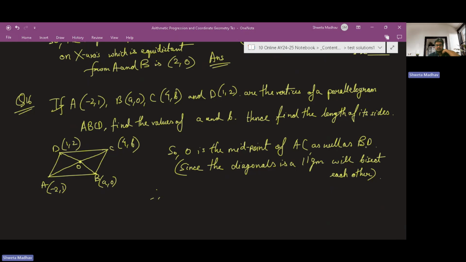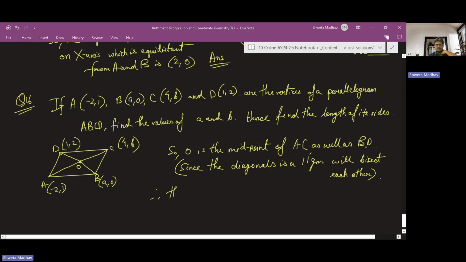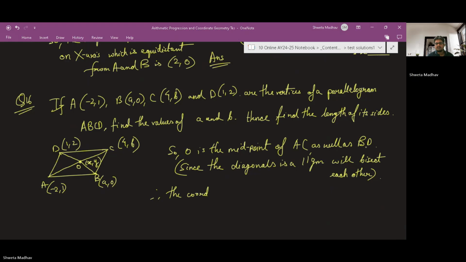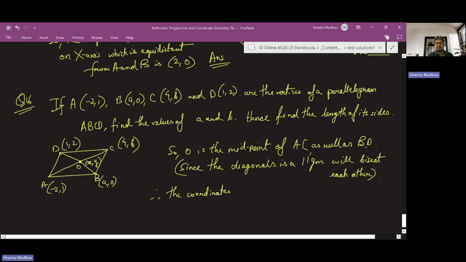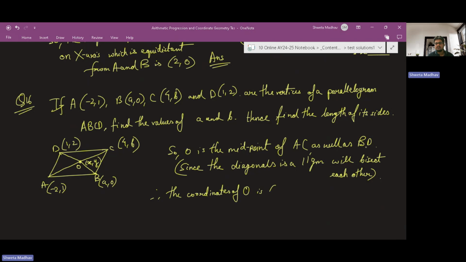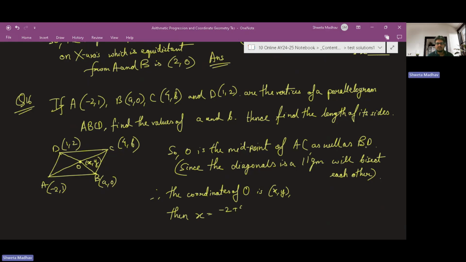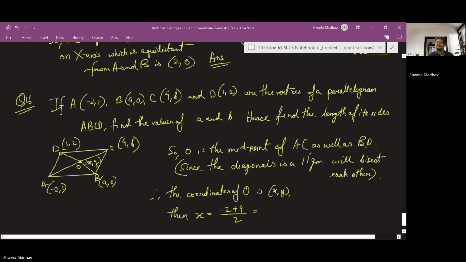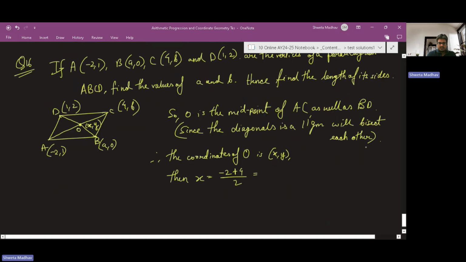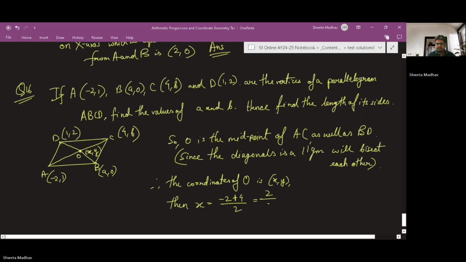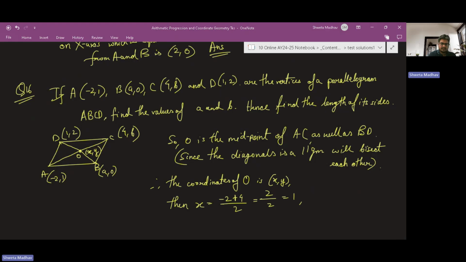So therefore, let's say the coordinates of the point O are x comma y. Then x will be equal to -2 plus 4 by 2, which is equal to 2 by 2, which is 1,